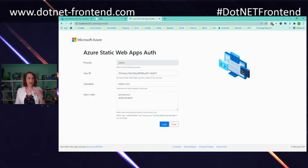And it looks a little bit different because running locally, we don't authenticate with Active Directory, with Google, with Twitter, with GitHub. We actually fake that authentication process because it all gets turned into that client principal anyway. So we don't need to go out to these external things. We can set a user ID, a username, and our user roles. And you know what? I'm going to give myself admin role because why not? And then we can test locally. So if I log in now,